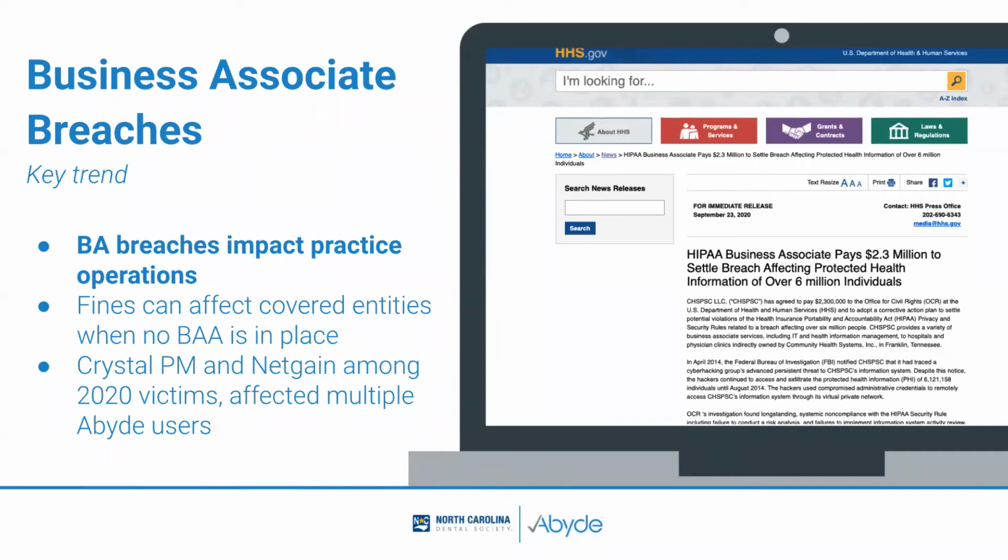Really good example, some specific vendors we actually know were affected last year. Crystal Practice Management's servers were managed by NetGain, who experienced a massive ransomware attack at the end of last year. To our knowledge, this event is still under investigation, but it raises a lot of red flags about similar business